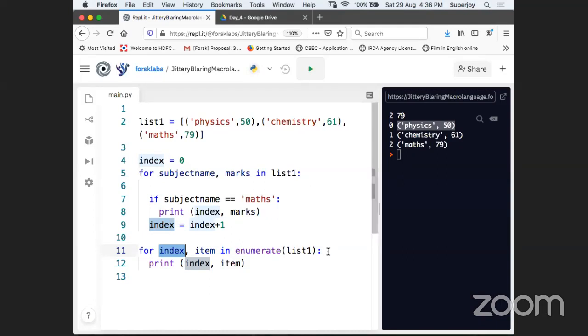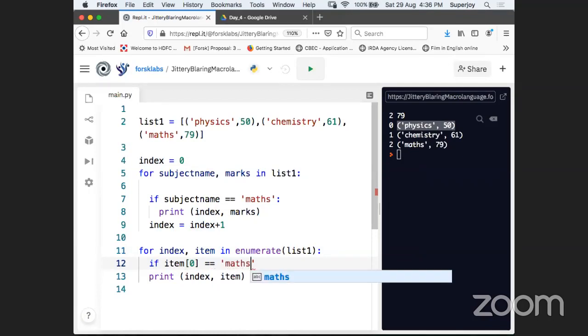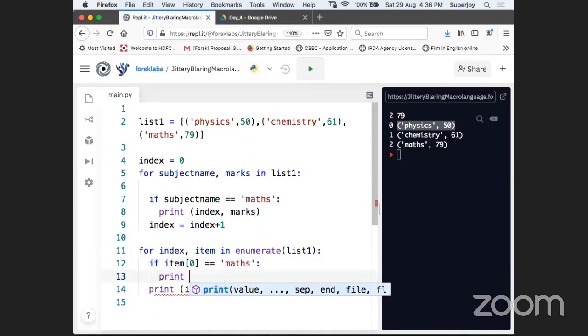And if you really want to print only the final number, right? Here you can see, guys, if item at index 0 is equal to maths, because item 0 would be the subject name, and if that is the case, I just need to print the index.